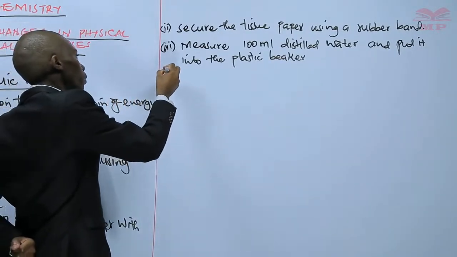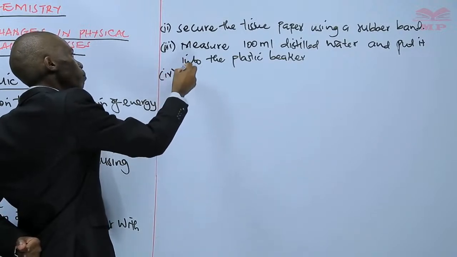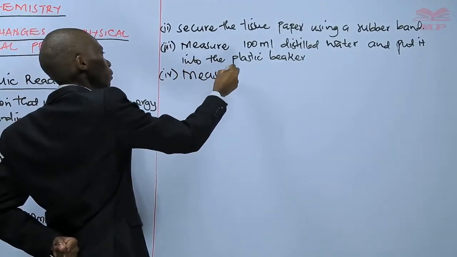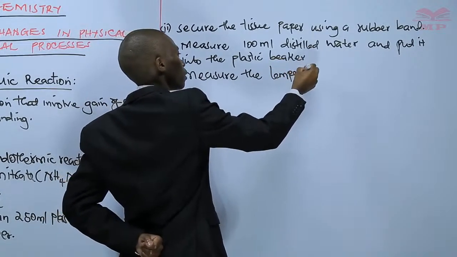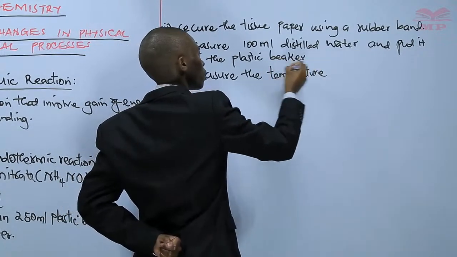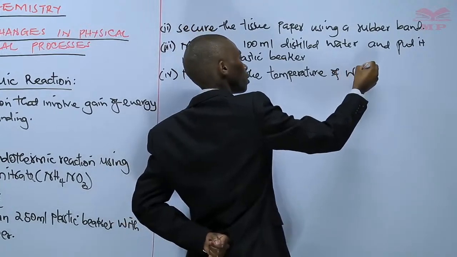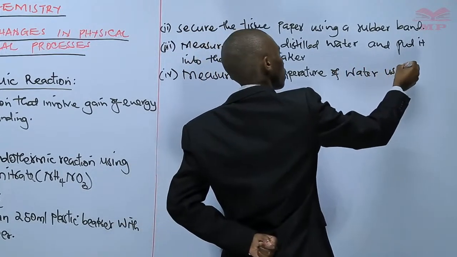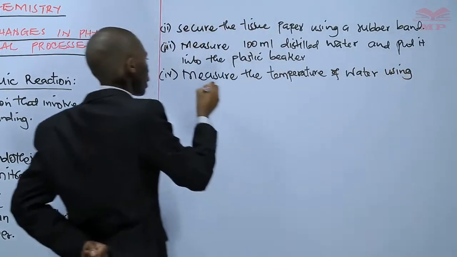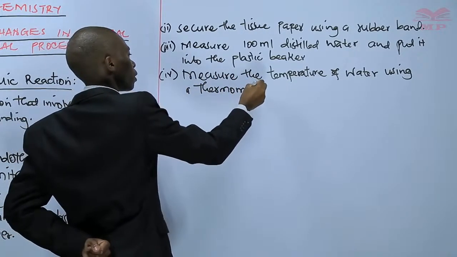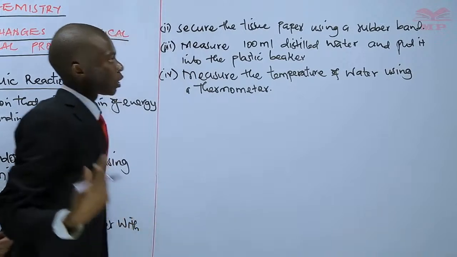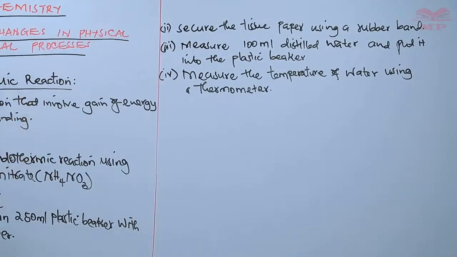Our procedure 4 is measure the temperature using a thermometer. We measure temperatures using a thermometer, so you measure the temperature of water, which you've already put in the plastic beaker,